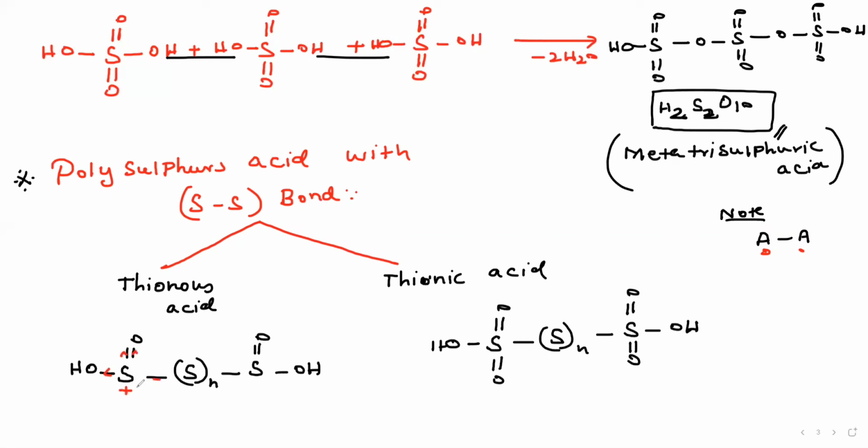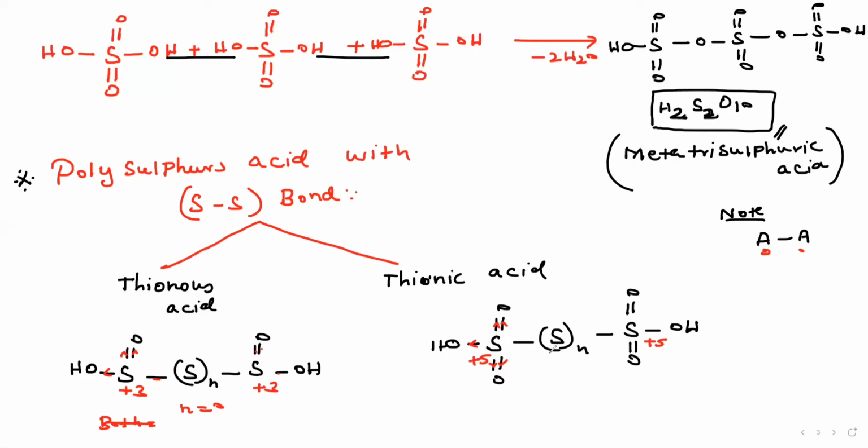Similarly, in this case for 1 bond and 2 bond, 3 bond. This sulfur is the same, therefore this is plus 3. Similarly, 1, 2, 3. This is homo, right? We cannot take only heteroatom. This also plus 3. In this case, 1, 2, 3, 4, 5. This sulfur is not possible, right? Therefore, this is plus 5. Similarly, this is plus 5. Okay. Now, in case of thionous acid, both sulfur. When n is equal to 0, there is no S-S bond, right? There is no bond in between sulfur. In that case, both sulfur can exist as plus 3, plus 3. Okay. In thionic acid, both sulfur exist as plus 5, plus 5. Understand?